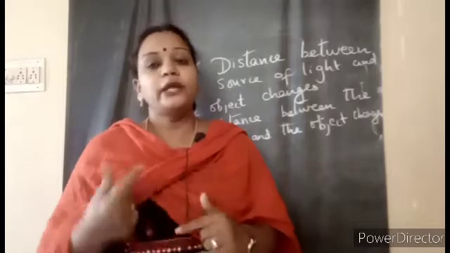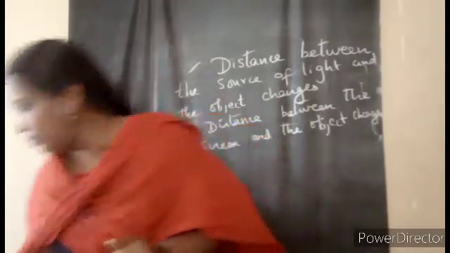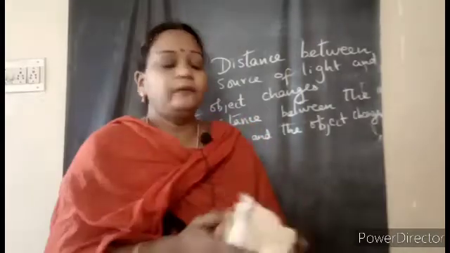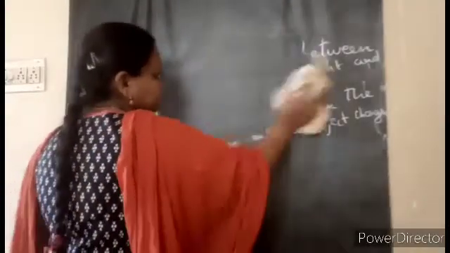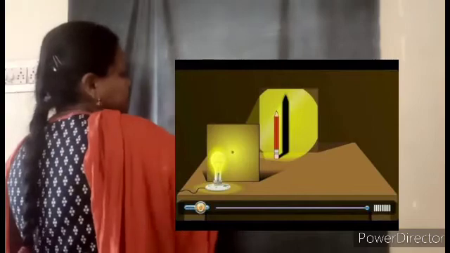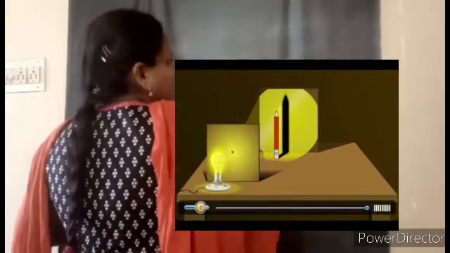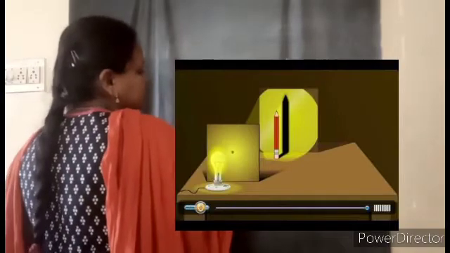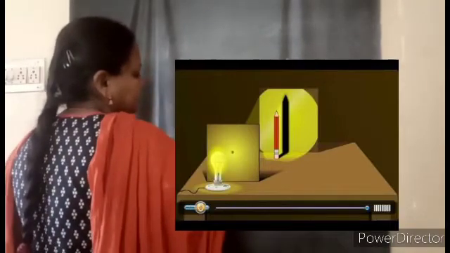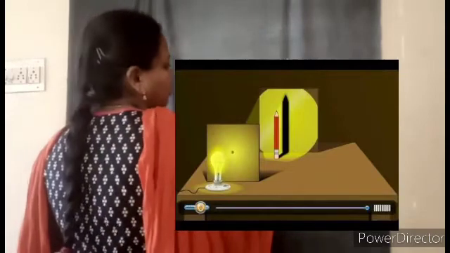Then further about shadows, one more thing you might have noticed when I am doing that, that all these three, what are they? The source of light, object, and screen. Here the object is the opaque object, no children.